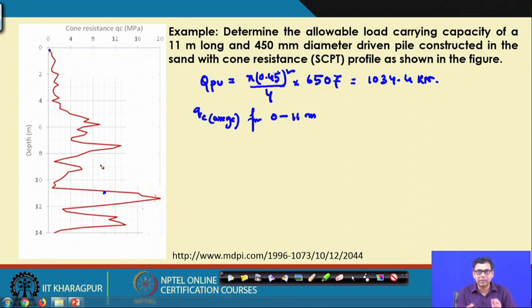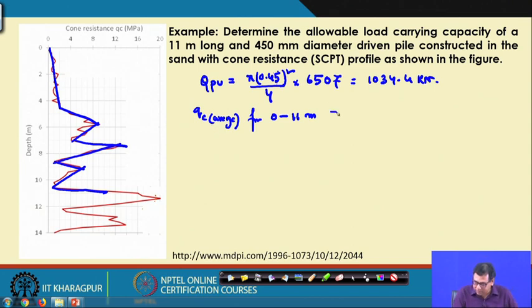If there is a change in the slope of this straight line, then you take this one line from 0 to this one zone, then this is another zone, and then up to this 11. So, you take this QC average into the thickness, this QC average into the thickness, then this one QC average into the thickness of this zone. Like this you take the average. I am not doing this average, you can calculate this for your problem.